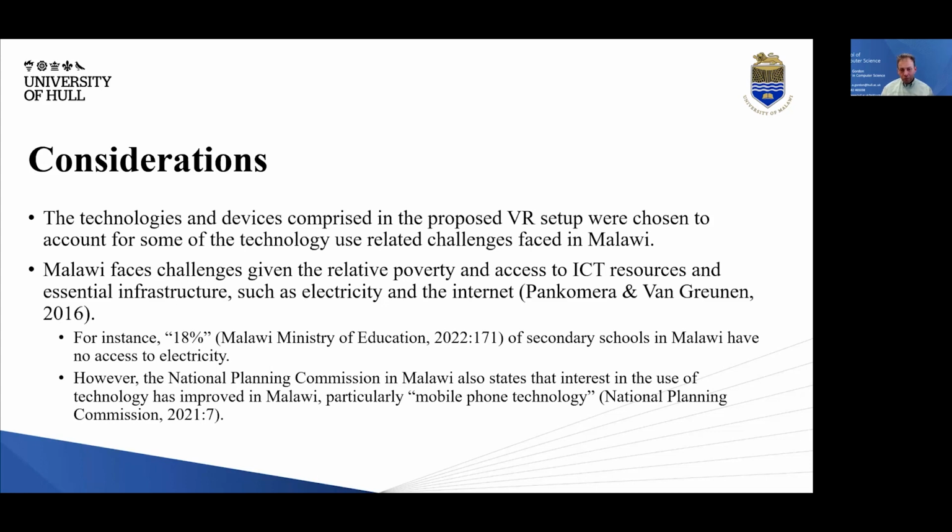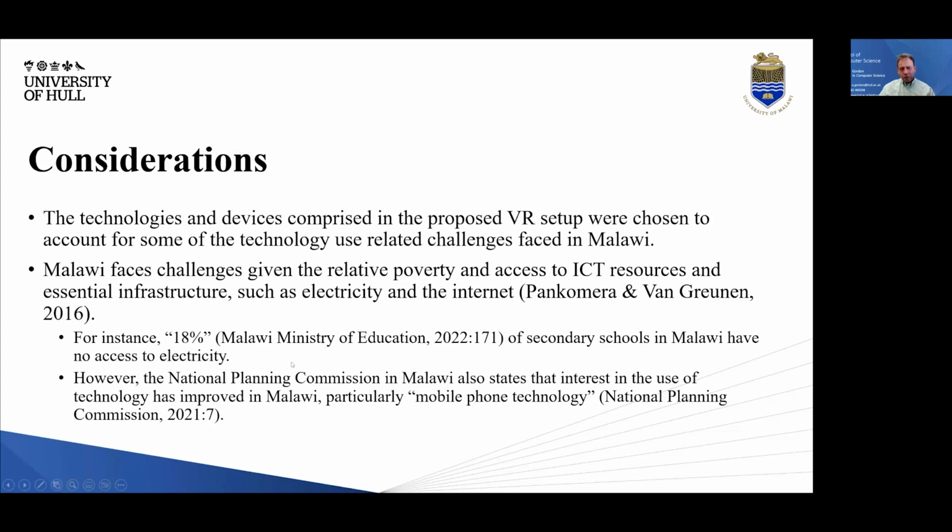One of the things the research was looking at was how we could build a solution which would be viable in that sort of context. Again, there's some data in the paper that was in Francis' thesis. For example, nearly 1 in 5 secondary schools have access to electricity, and those that do have reliable electricity. It gives you an idea of some of the practical challenges these schools face.